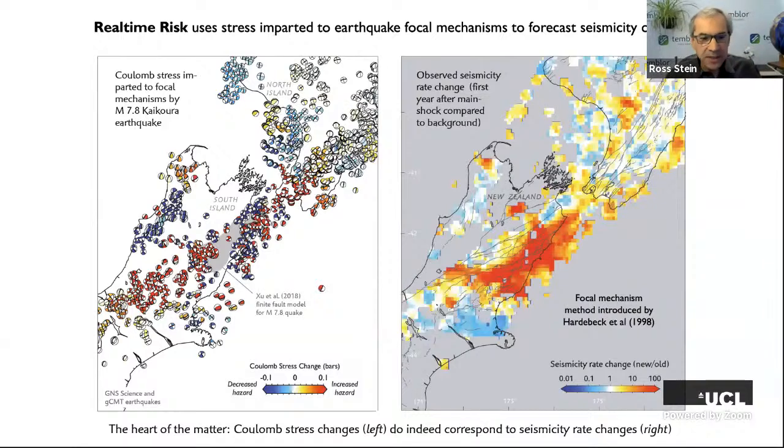Okay, so you can see the scale bar down here. Here we're coloring them by plus or minus 0.1 bars. There's nothing magic about 0.1 bars, but in a lot of studies, what we see is that if you stress a fault by 0.1 bars or more, you begin to see changes in its seismicity rate. So it's not a threshold, but it's a point at which research suggests this matters. But this also means it's saturated. There are stress changes close to the Kaikoura source that are 100 bars, and you're not really seeing that.